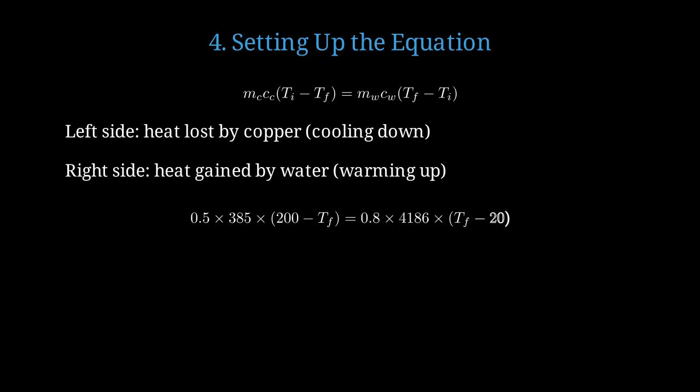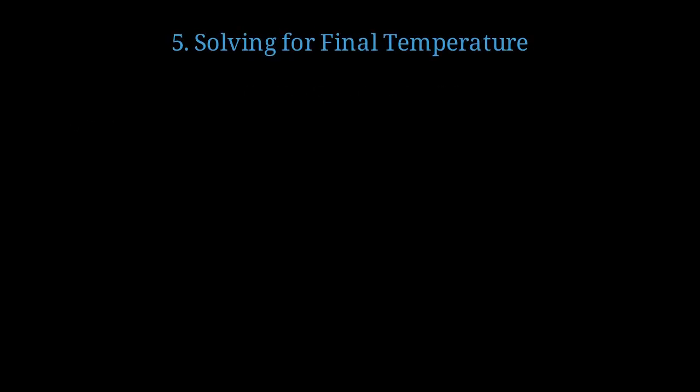Substituting all our values, we get 0.5 times 385 times (200 minus T final) equals 0.8 times 4,186 times (T final minus 20). Let's solve this equation step by step to find the final temperature. Simplifying the coefficients, we get 192.5 times (200 minus T final) equals 3,348.8 times (T final minus 20). Expanding both sides gives us 38,500 minus 192.5 T final equals